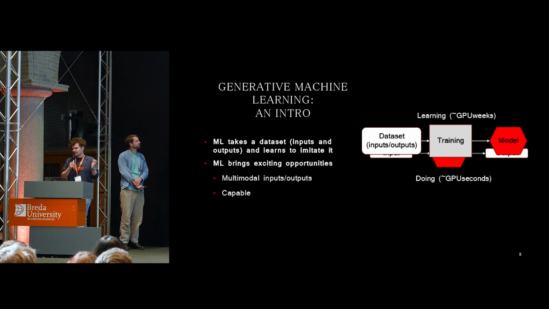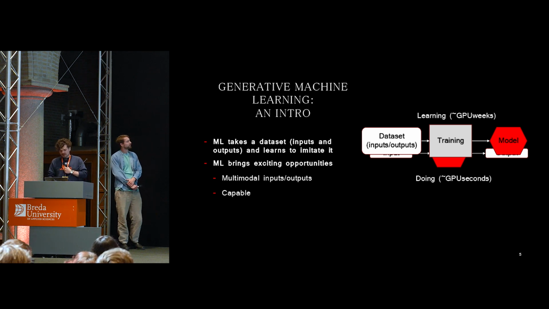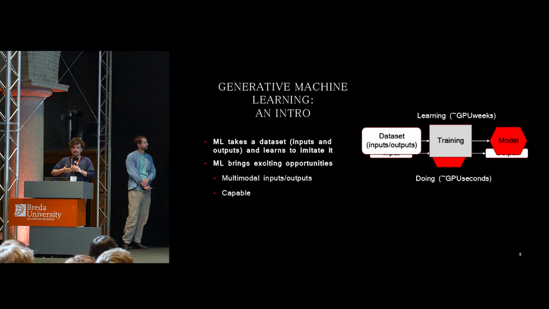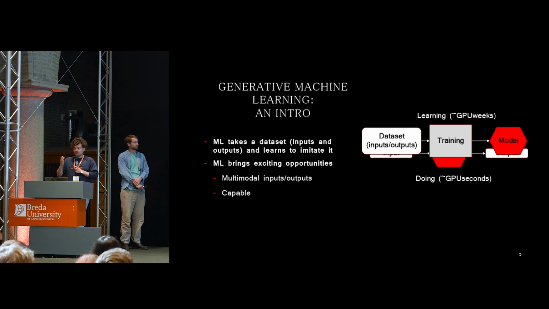And it's worth mentioning at this point that at Player Unknown Productions, we don't use any copyrighted data. Everything that you'll see in this talk is from free data or data we own. But yeah, this learning step will take a lot of time. So for the landscapes that we talk about today, we have some very powerful, expensive GPUs that will take weeks to train. But we want to make sure that we can run these models on a player's laptop, just a normal gaming PC. So we have to make sure that the model we output will run in seconds or milliseconds on a standard GPU.